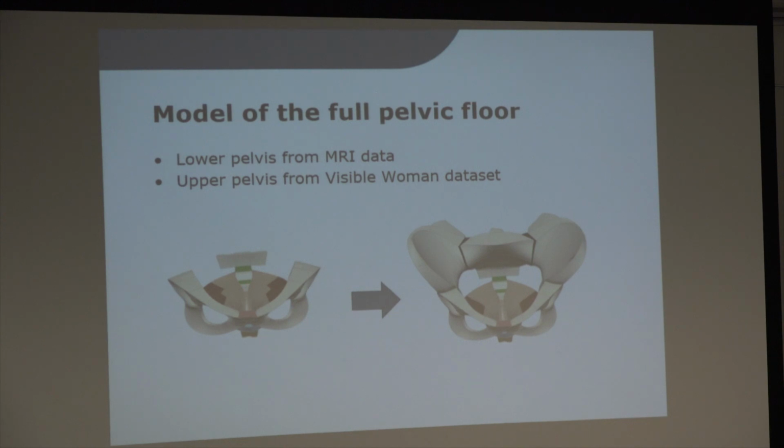So the model of the upper pelvis went through a series of mathematical transformations so that its dimensions would be consistent with the lower pelvis. And then the upper pelvis and the lower pelvis were combined to form the final complete model of the